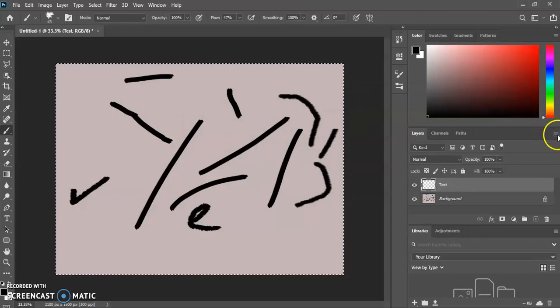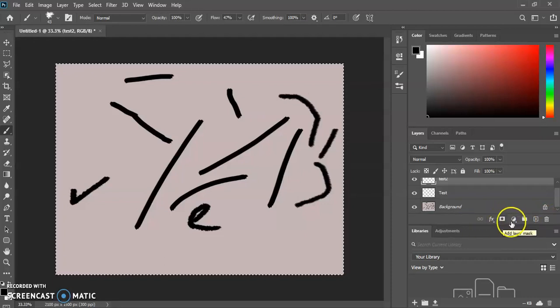So you can add different layers. New layer. Okay, so layer 1. If you double click on it, you can change the name of the layer as well. So this is test 2. Other than this, you can easily delete from here, like delete, add, create. So there are a lot of other ways you can create layers